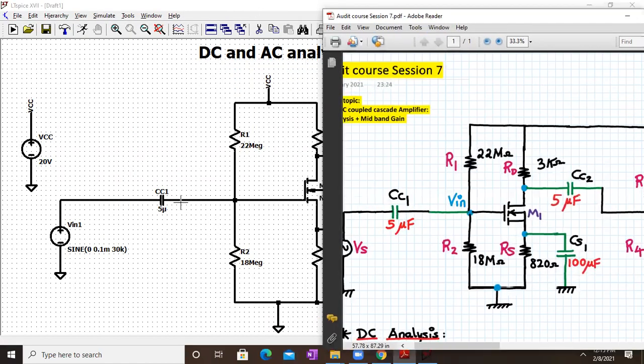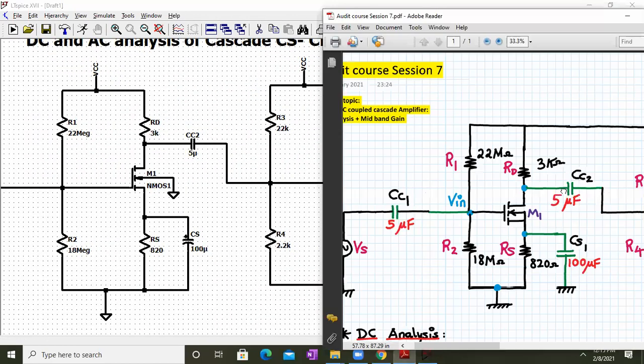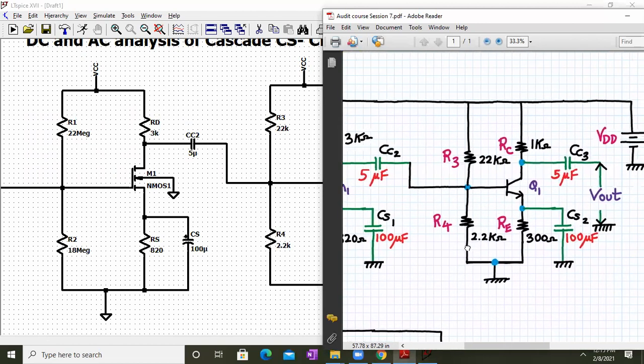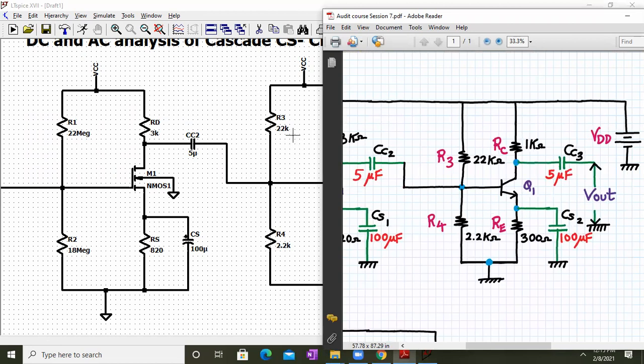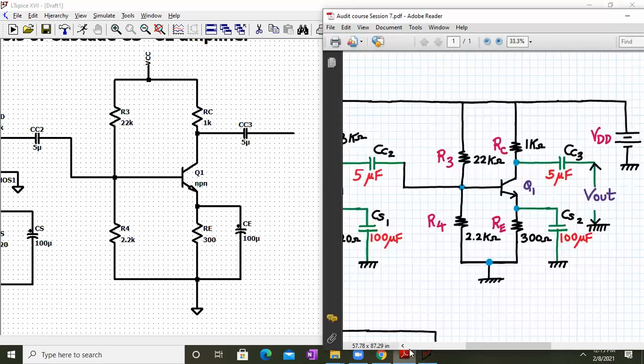So we have taken the same components. CC1 is 5 microfarad, R1 is 22 mega ohms, R2 is 22 mega ohms. Then we have RD, let me just show you. RD is 3 kilo ohms, RS is 820, CS1 is 100 micro, CC2 is 5 micro, R3 is 22 kilo ohm, R4 is 2.2, RC is 1 kilo ohm, and RE is 300, and C is 100 microfarad, and